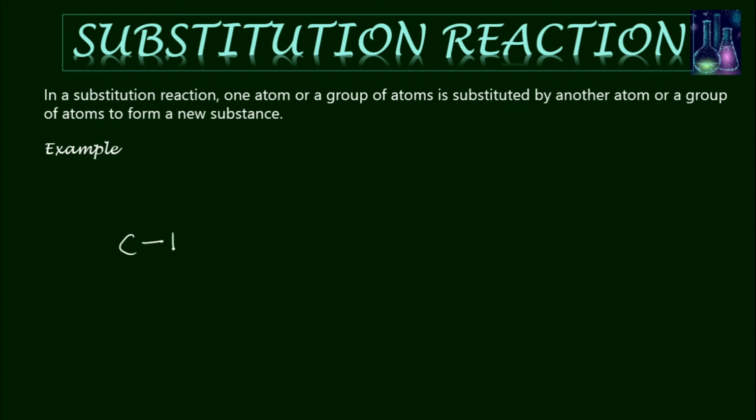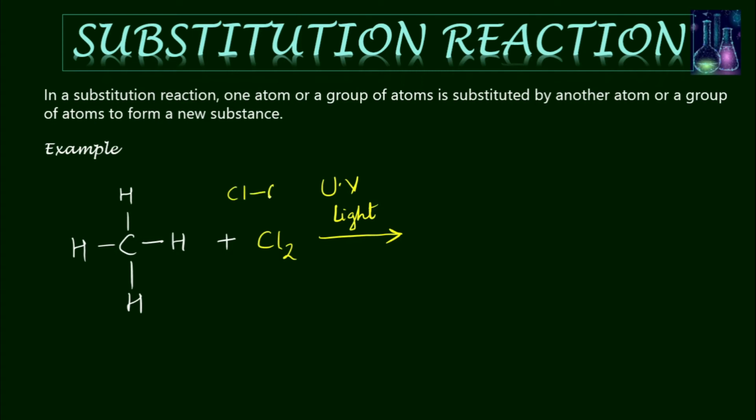Methane, CH4, is made to react with chlorine in the presence of UV light. Now this undergoes a free radical mechanism. The chlorine atom replaces one of the hydrogen atoms from methane,